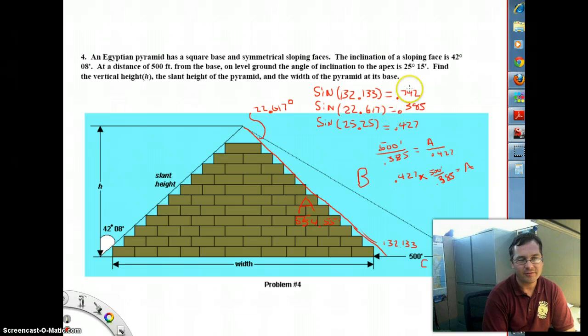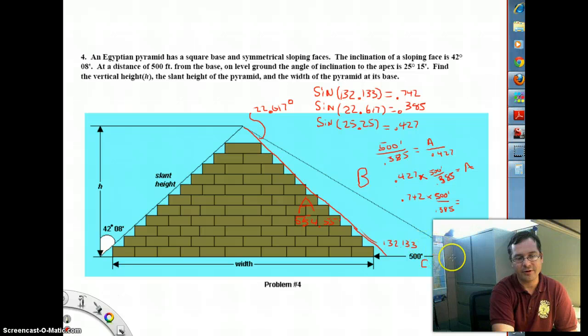Sine of that's 0.742, so if I put that in here, 0.742 times 500 feet divided by 0.385. And if I look at this, this is going to be a number that's larger both than side A and side C. Well, that is logical, right? Because it's the side of the triangle opposite the largest angle. So if we punch this one up on the calculator,